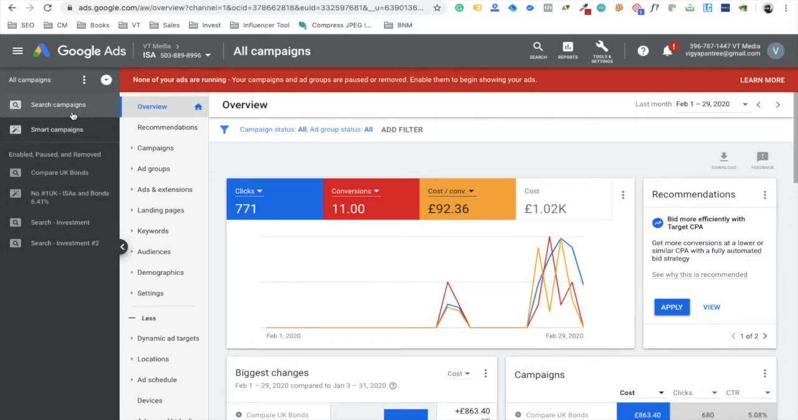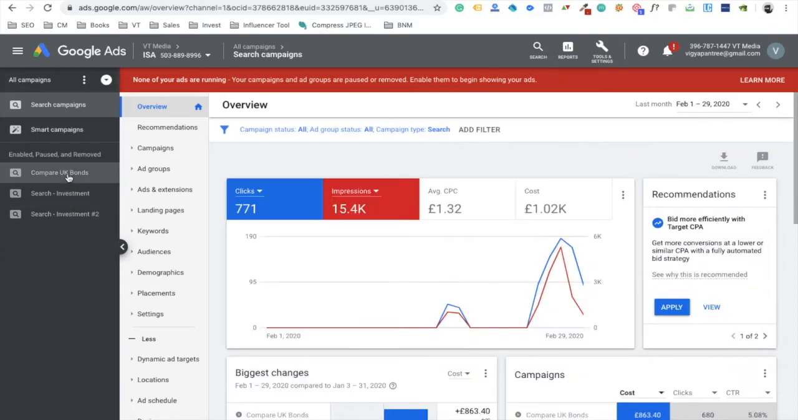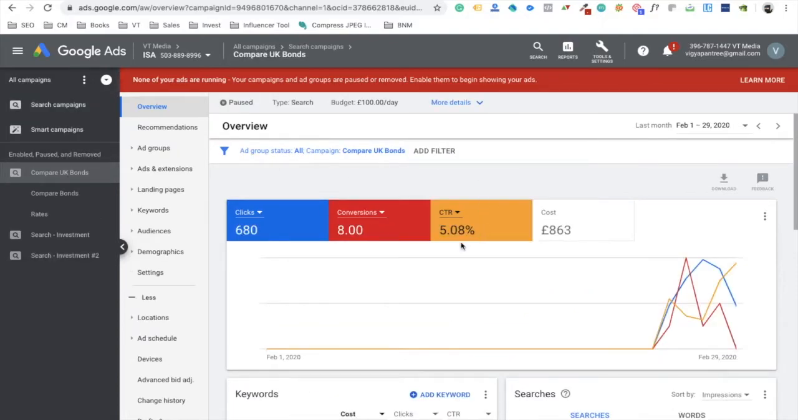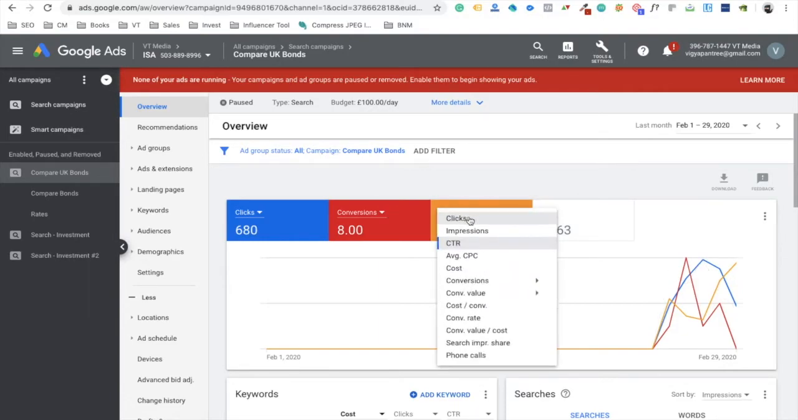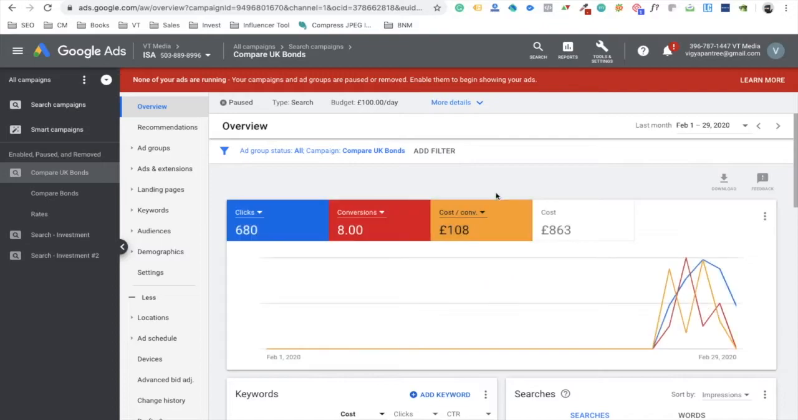So I ran 3 campaigns for the client within the period of Feb. My first campaign was the Compare UK bonds, which I started with the client. As you can see, I generated 8 conversions after spending £863, and therefore my cost per conversion must be somewhere around £108. Really expensive, even though my CTR was decent enough, 5%, but still I failed to generate a lot of leads from this